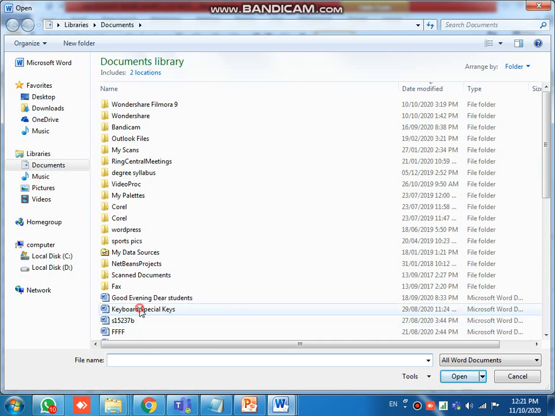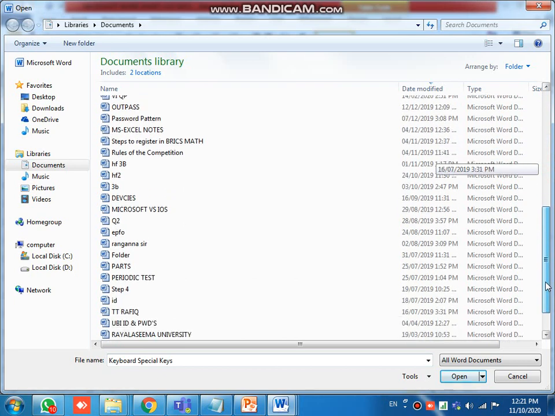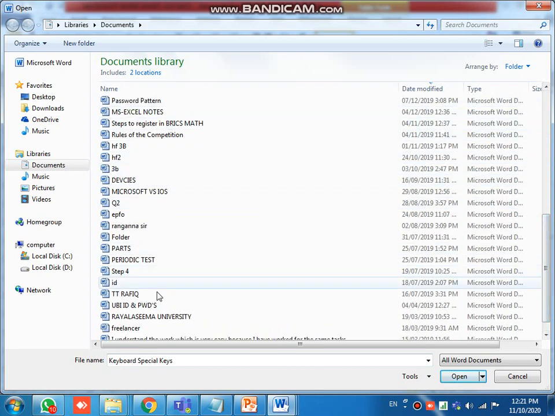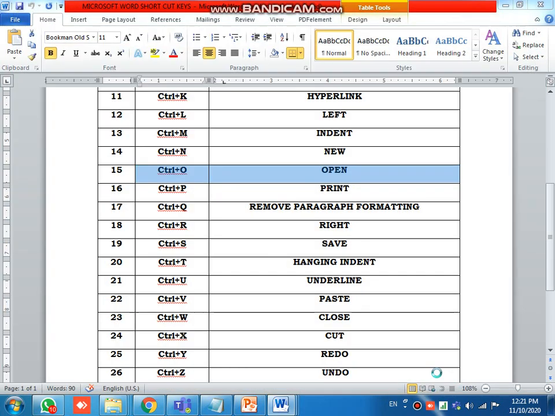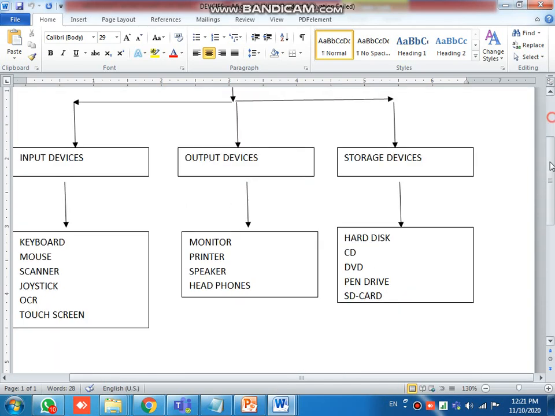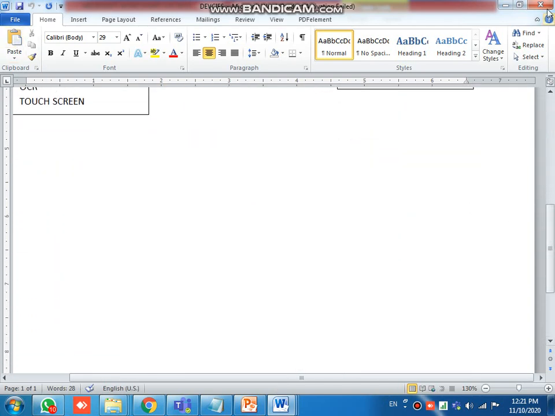Here these are all saved documents. If you want to open one, for example this file, this file, or this file, just go here and click Open. Now this file is open. Like this you can open a file.